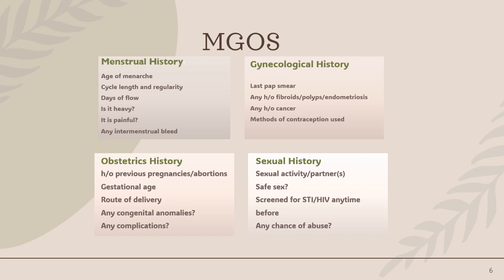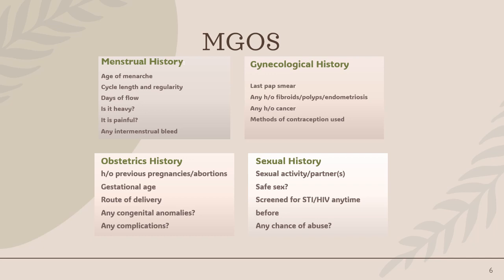So now comes the important component of your history taking, and that's MGOS. MGOS is a mnemonic that helps us remember to take menstrual history, gynecological history, obstetric history, and then the sexual history. Before moving on to questions like these, you are going to ask a transition question of the patient, and that question tells the patient that now you're going to ask some different questions regarding her menstrual, gynecological, obstetric, and sexual history. And you would ask them if they're okay with that.